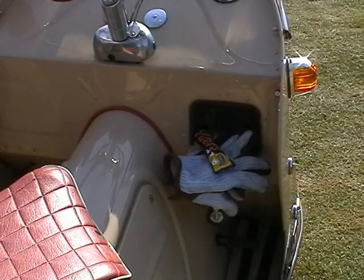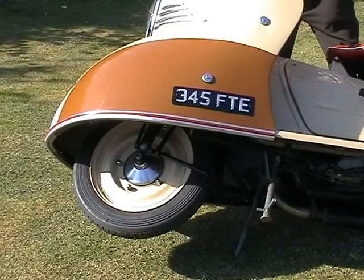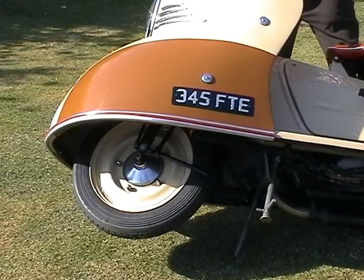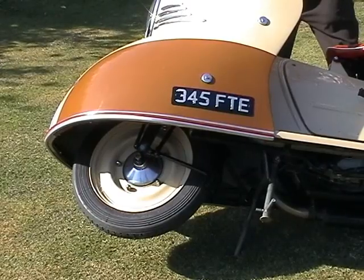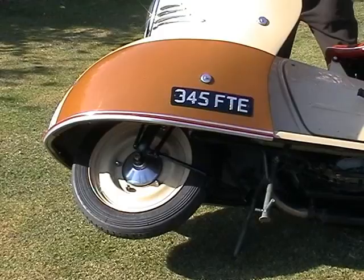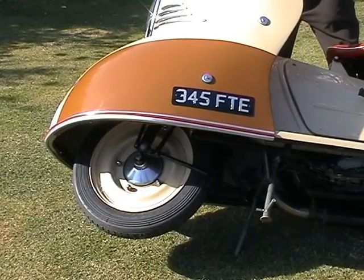Moving down to the right hand side, there's a fairly large and very usable glove box. It's operated by a key. Clearly visible on this side is the main stand and also a side stand, but in reality the side stand is pretty near unusable because after